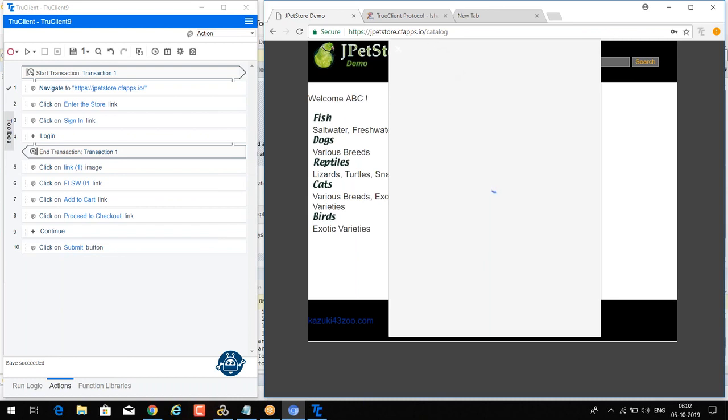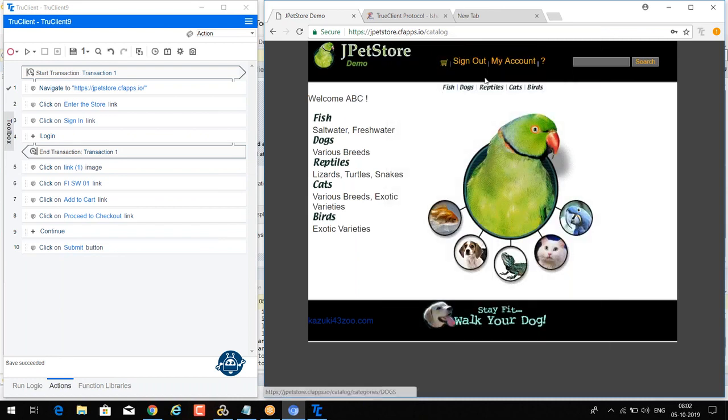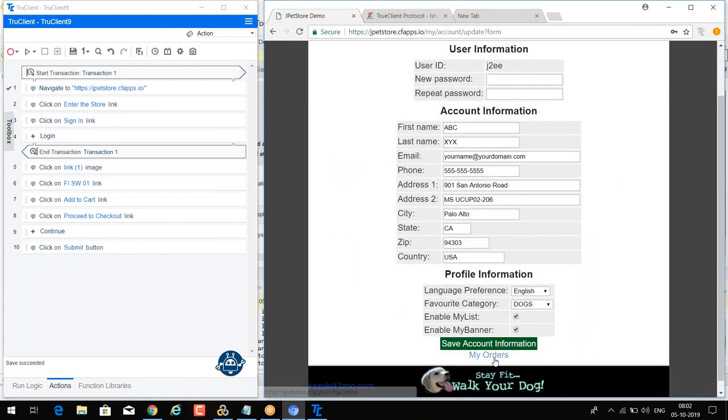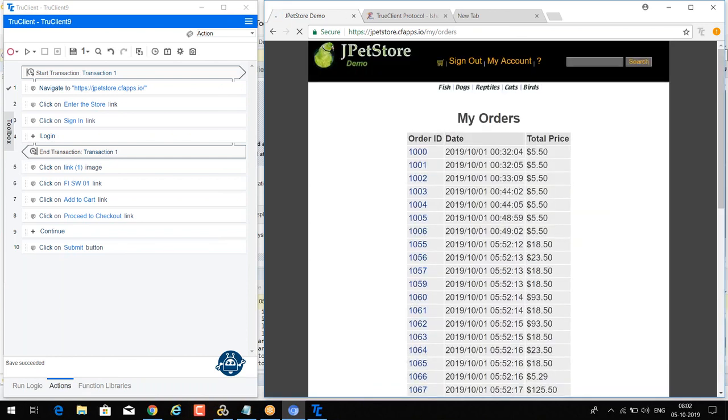We can see this is a table with different order IDs.